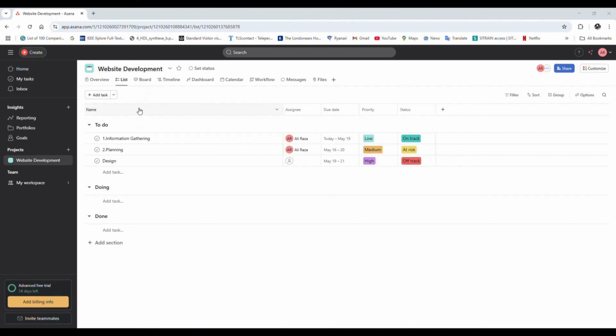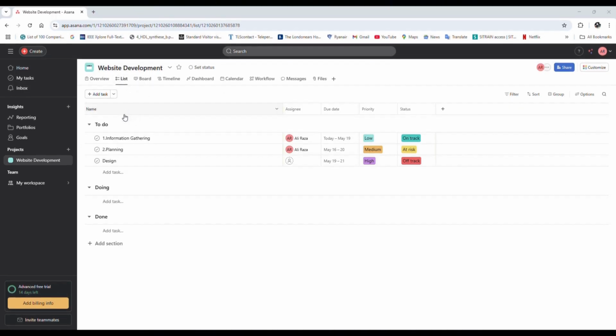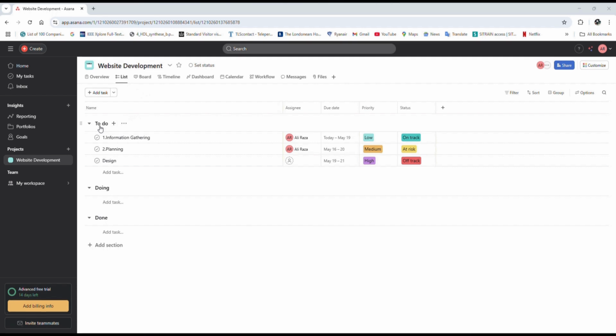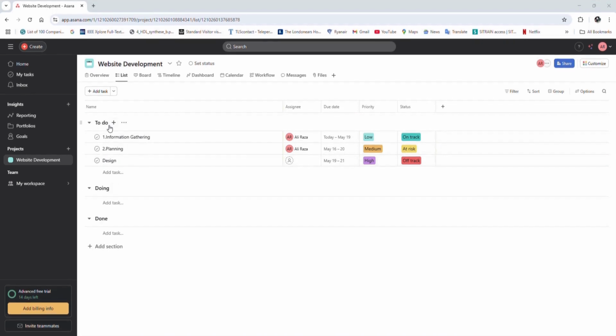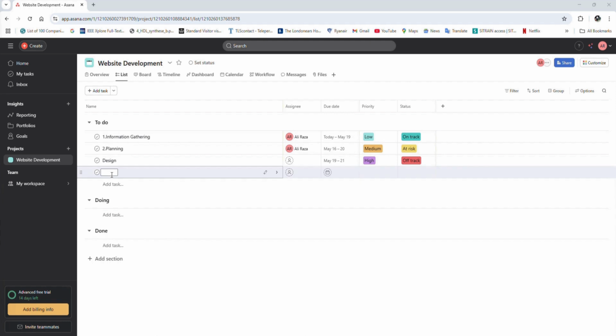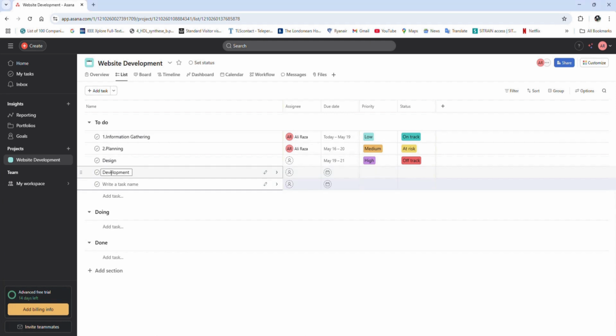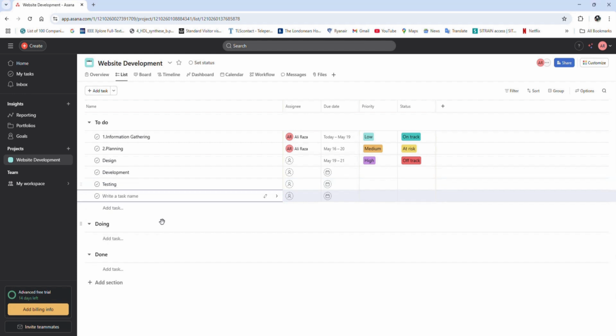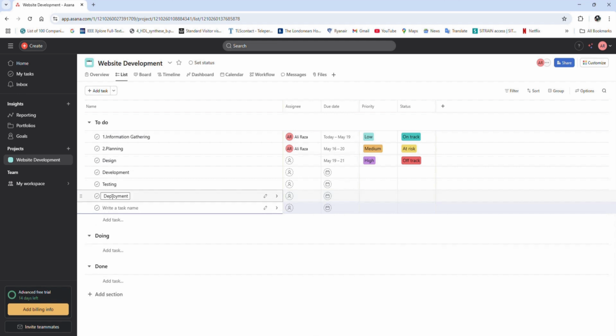All right, so in the list view, as you can see, our project, website development, has 3 sections: to-dos, doing, and done. If you want to change the name of your sections, of course, you can double click and give them any other name. Now let's put in more to-dos for this project. The next task is the front and back end development of the software. After the development, the next task is testing, then the deployment. The next task would be